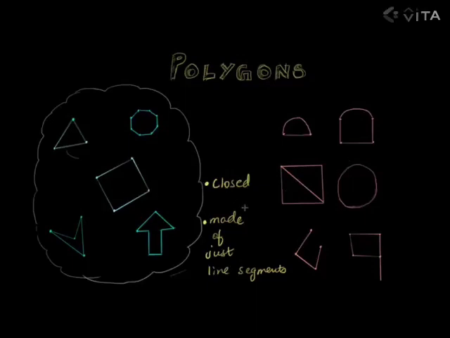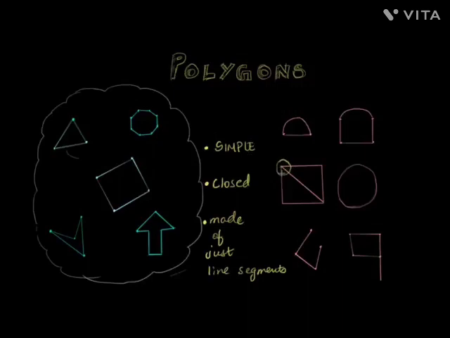So maybe these two are the only rules, but then I come here, I see this, okay, this is made of only line segments, and it is closed. There is a region inside and then there is a region outside. So this is kind of closed. So what's going on? There's one more small rule that we need, that the curve needs to be what we call simple. Now if you remember, a simple curve is just one where if you take a corner like this,